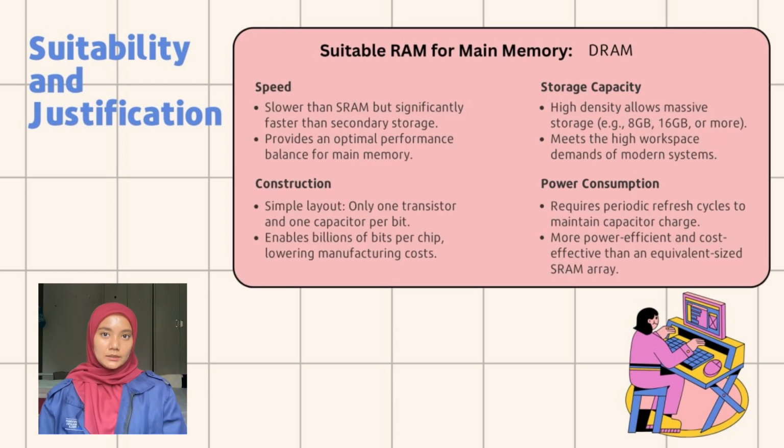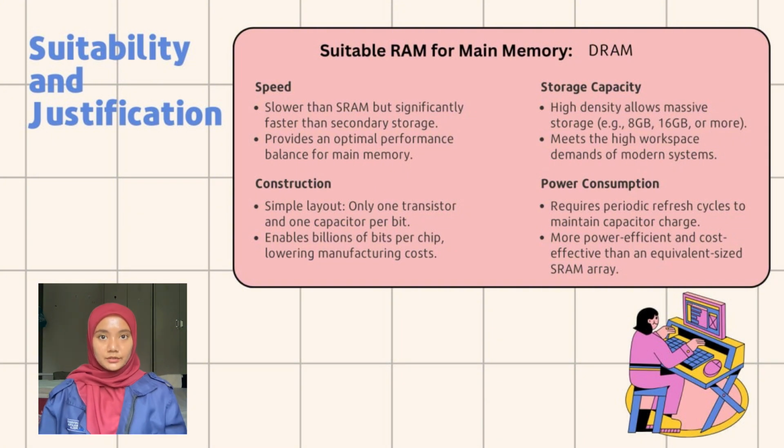The most suitable type is dynamic RAM. So here are the justifications. Number 1 is storage capacity. Modern operating systems and heavy applications require gigabytes of workspace. So dynamic RAM has a high density which allows us to easily fit 8 GB, 16 GB or even more